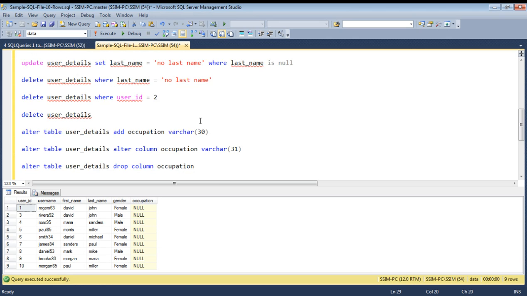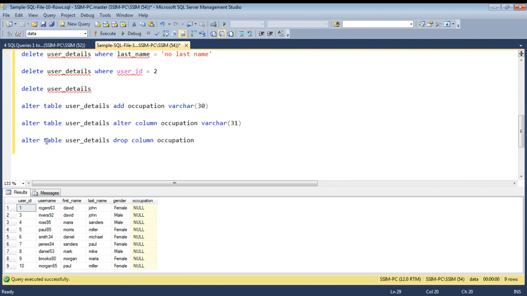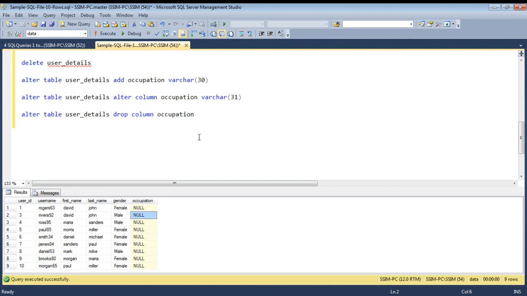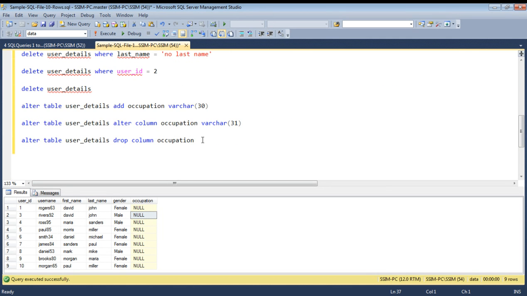You can delete where occupation is equal to null, because all of it is null. You can delete it, or you can go and alter table name,